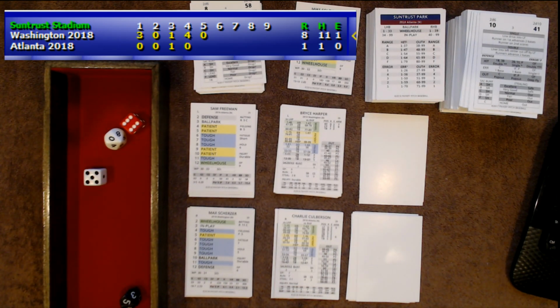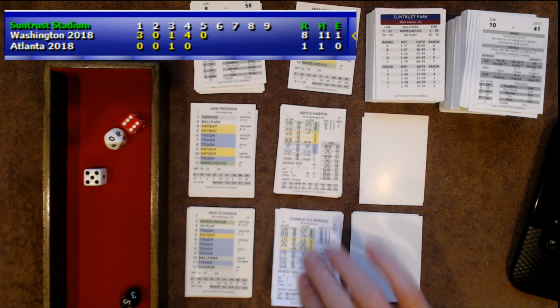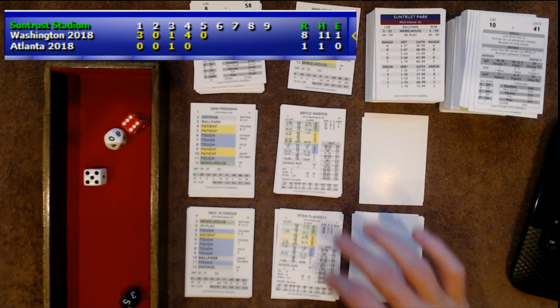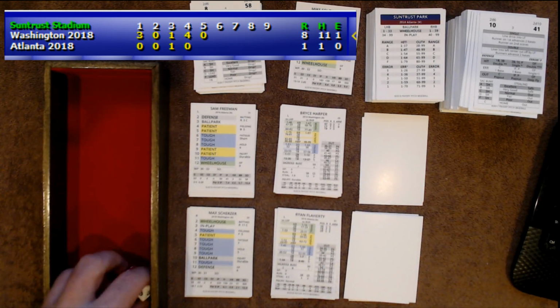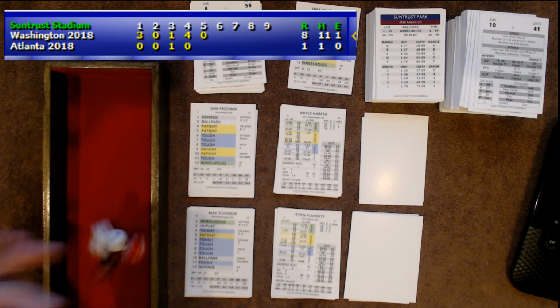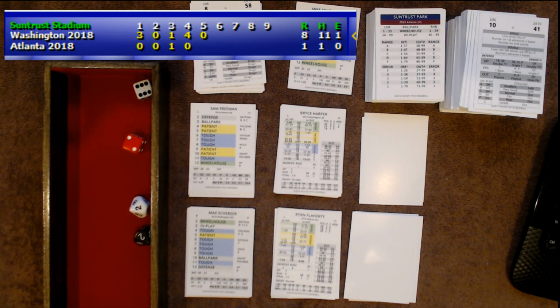11, tough 50. Tough 50's a strikeout. Another strikeout for Scherzer. That is 1, 2, 3, 4. That was his 5th strikeout of the game. That brings up Ryan Flaherty. He singled and scored. That's an 8. Tough 22. Steve, right 3.